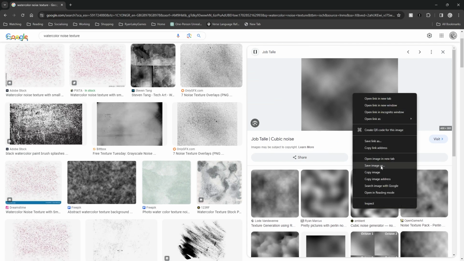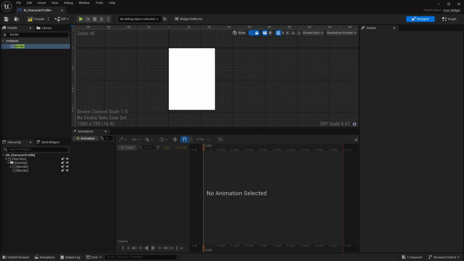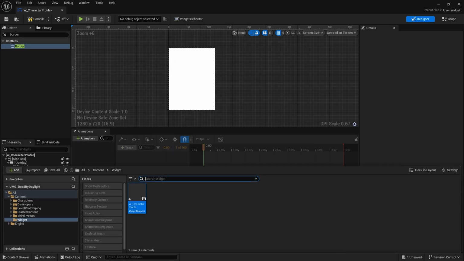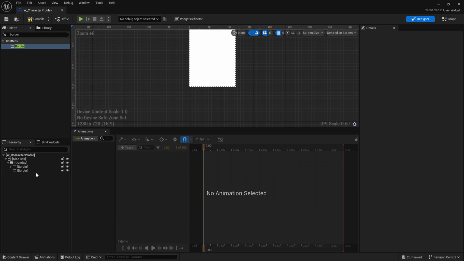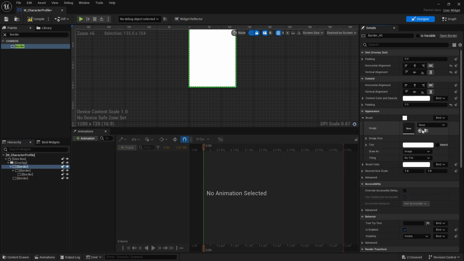So I'll save that image and bring that into the game. It gives us our cubic noise. Because we're going to be tinting it, you ideally want it to be white, because then you can tint it different colors quite easily, as you'll see here. So if I go to my top level border and set the brush to that texture,